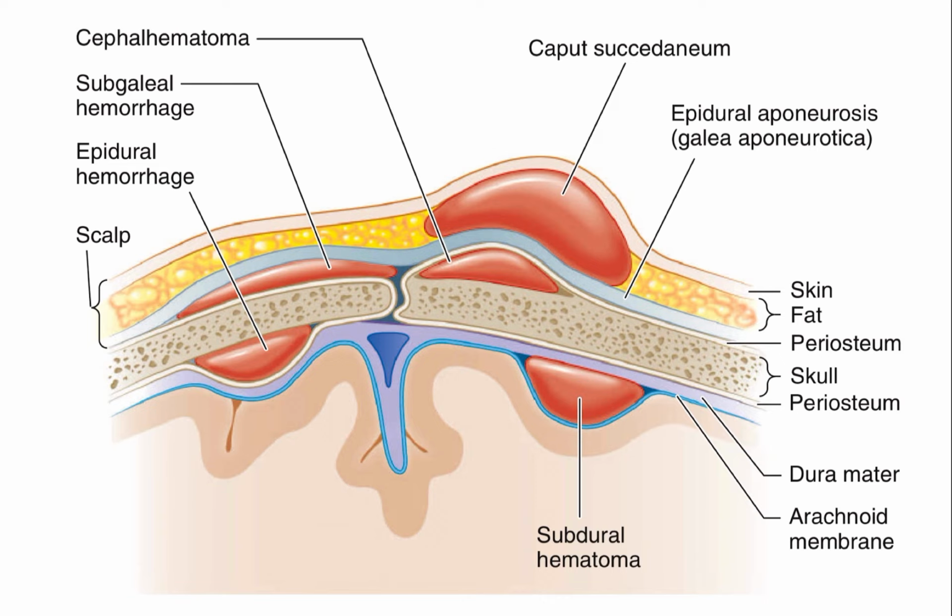So when you have a blood collection beneath the periosteum, okay, below the periosteum, so you have the bone here and you have a periosteum covering. The periosteum dips into the suture areas. So what happens? It is bound by borders, correct? So you have a cephalhematoma that is bound by borders because periosteum dips in between two bones, in between the sutural lines. Let's see about cephalhematoma and come back to this diagram.